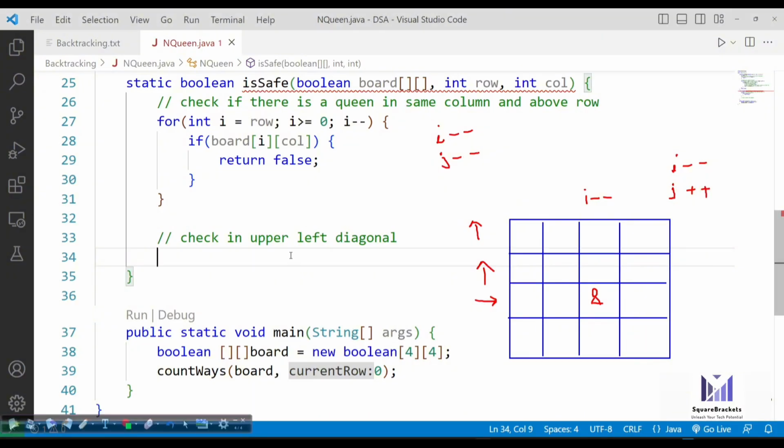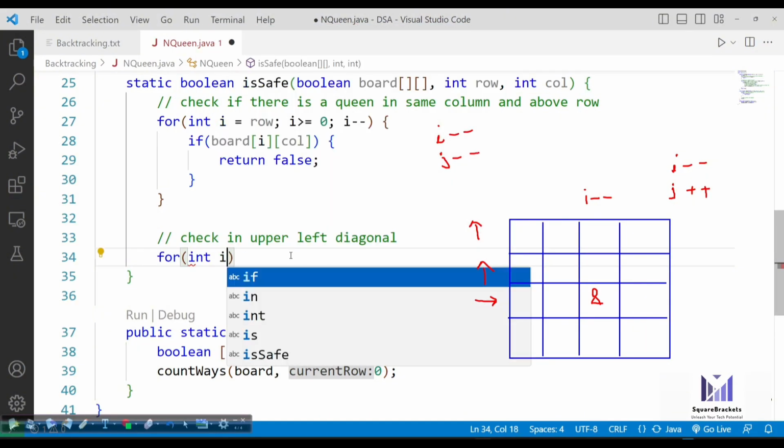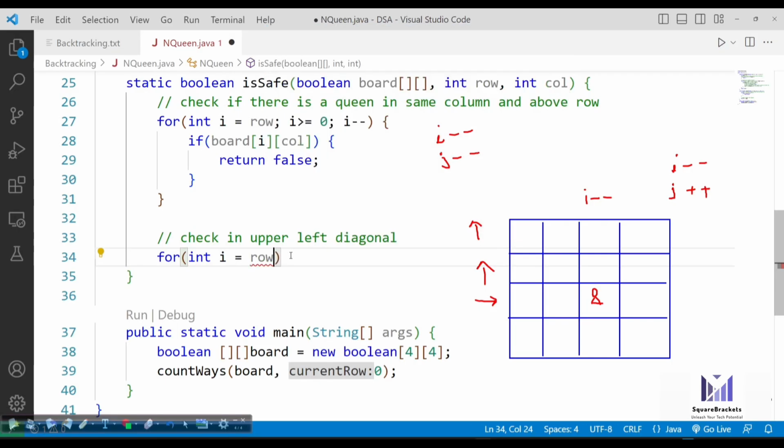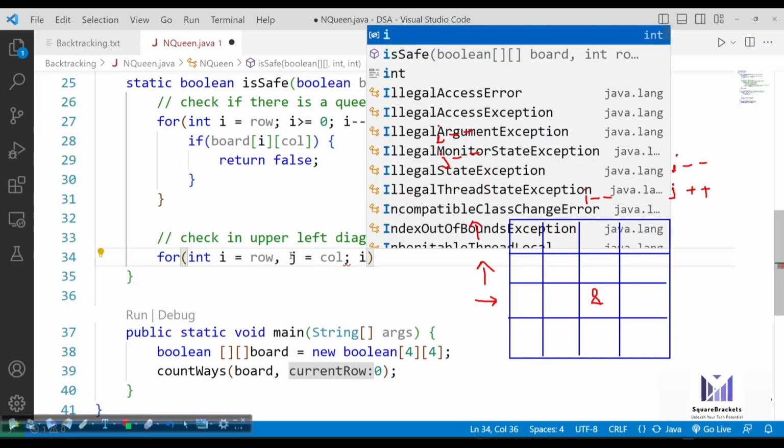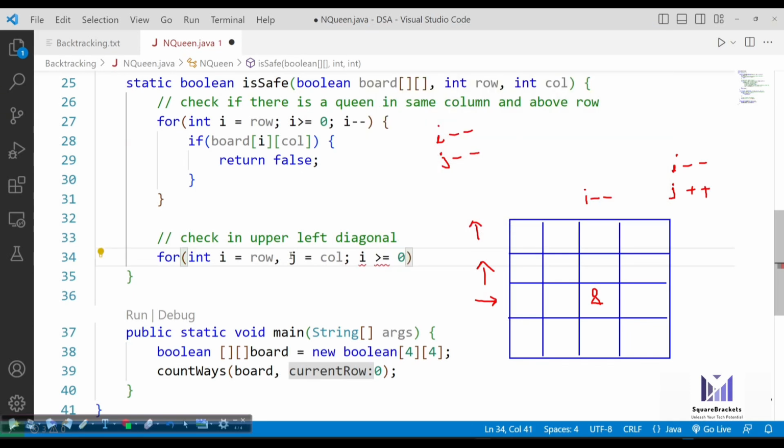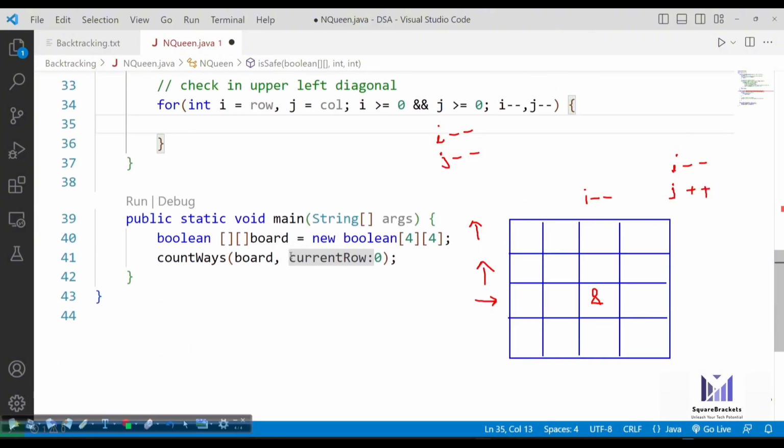Now we have to check in the upper left diagonal. So for int i equals row, comma j equals column, then i is greater than or equal to 0 and j is also greater than or equal to 0, i minus minus and j minus minus. This is what we have to write.